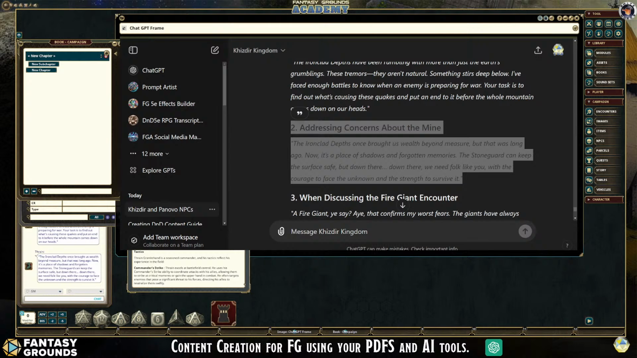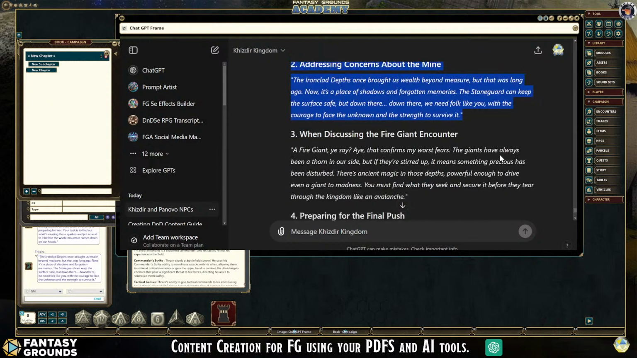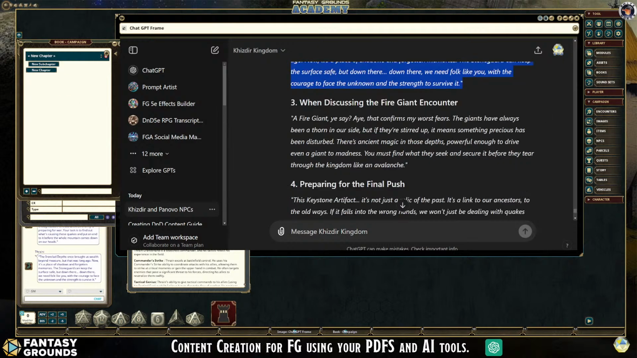So this is really good dialogue. Really like it. Good role play. It's in the context of the adventure. You're not having to sit here and try to think about it, though you could change it, obviously. And then when discussing the fire giant encounter, there is an encounter that comes up, and this is what